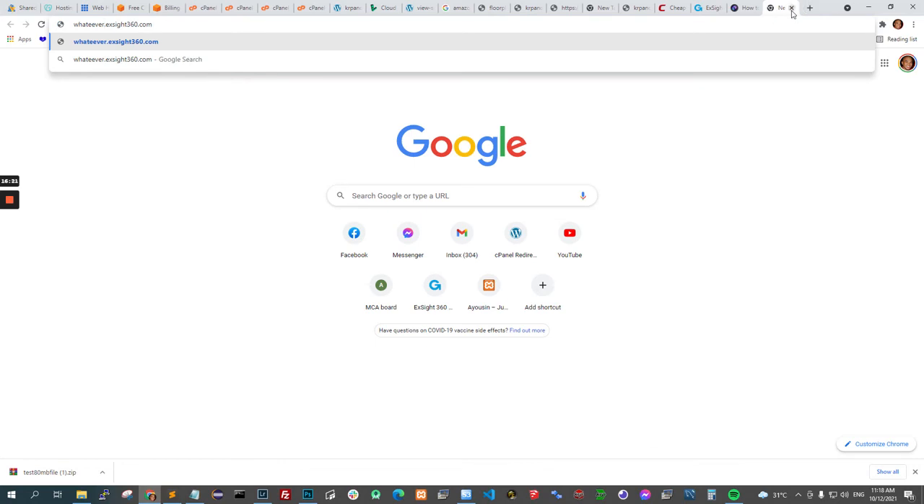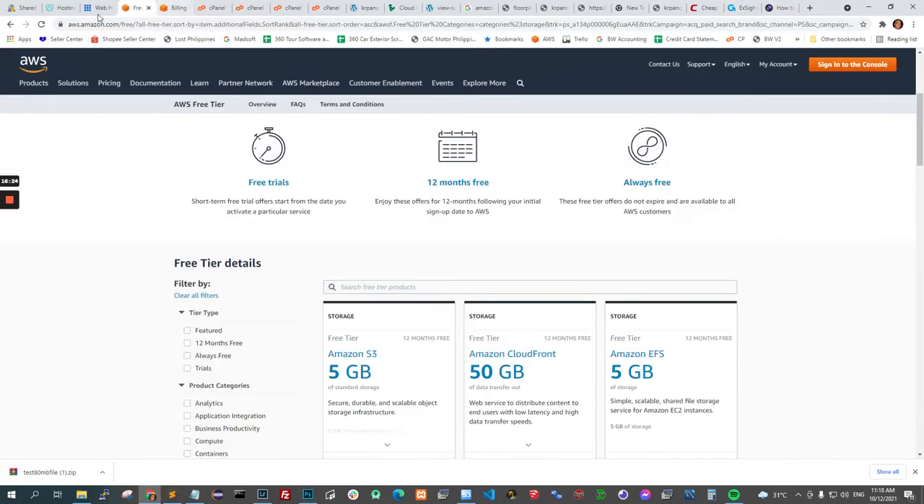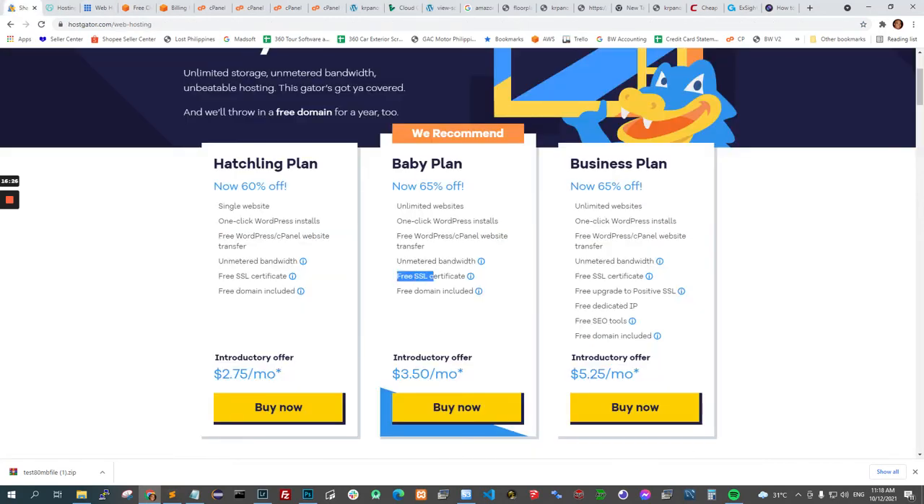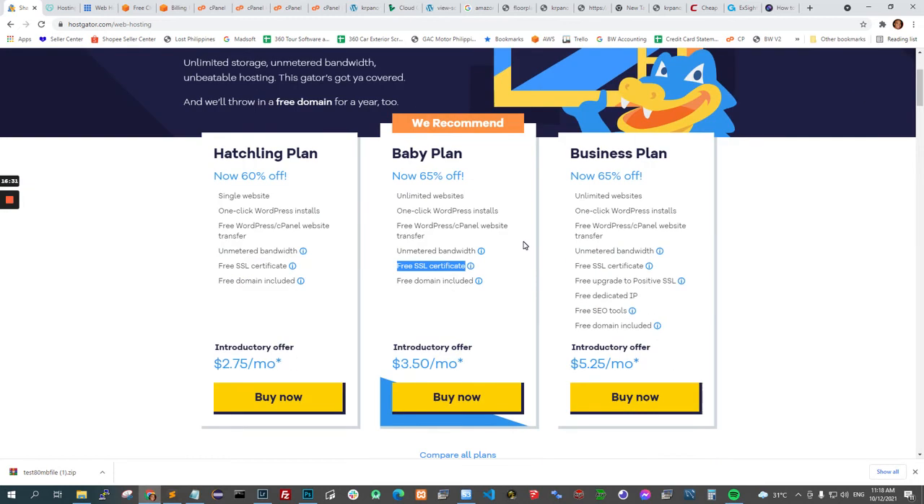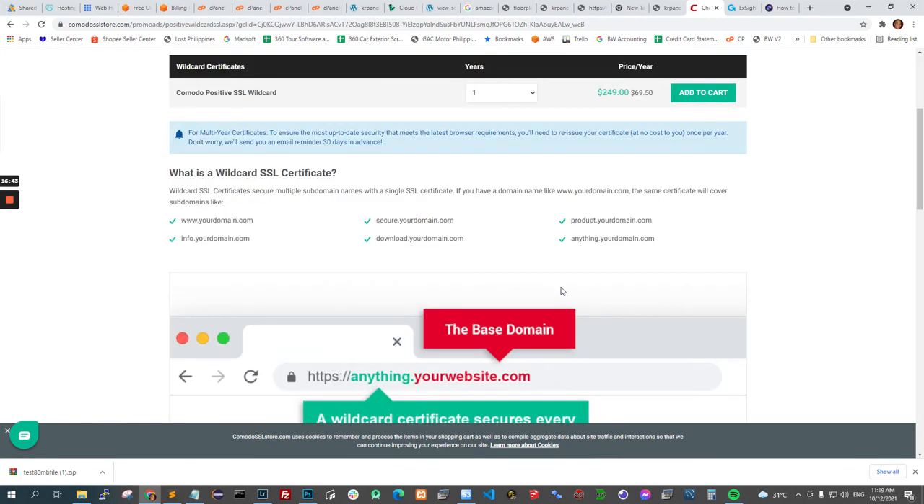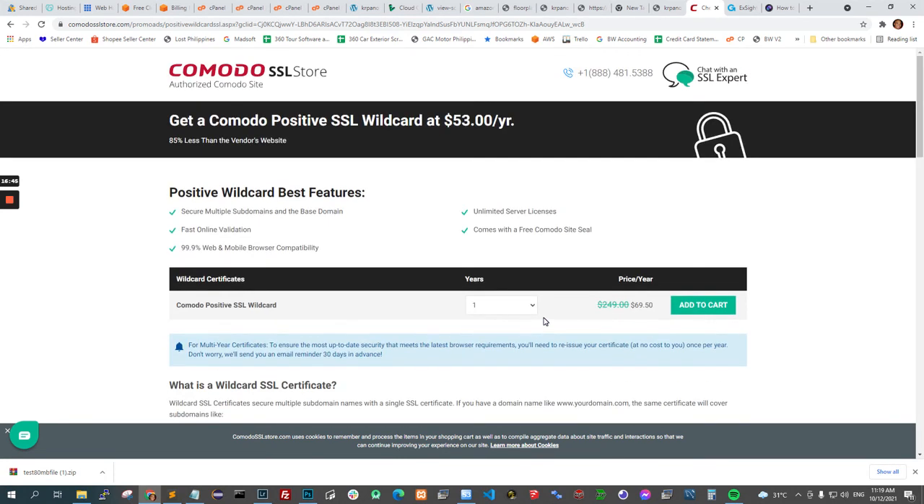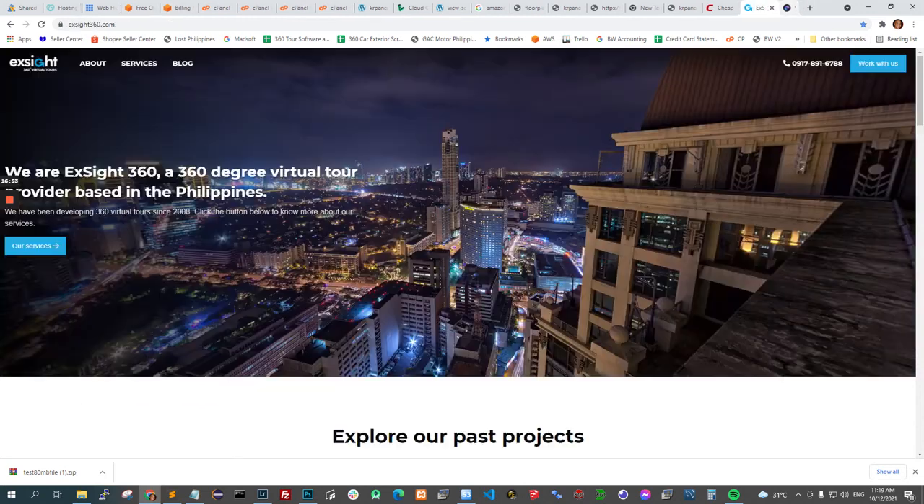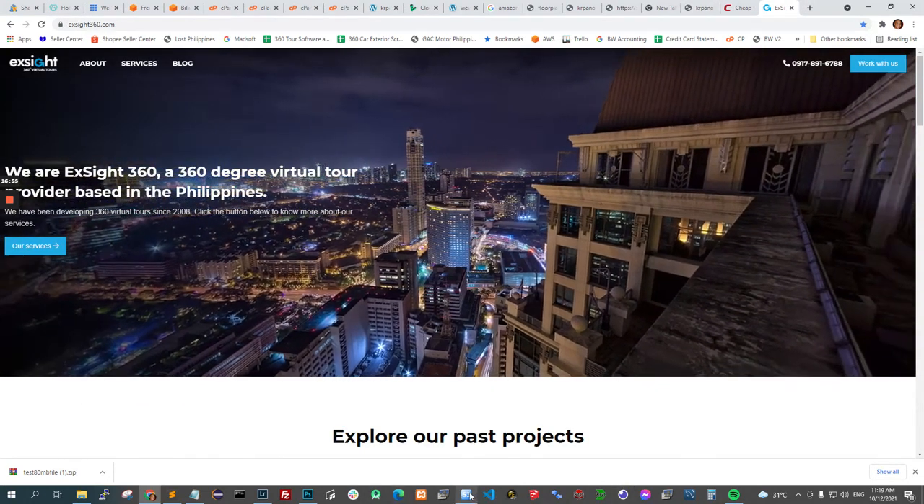You will have to buy this separately, because if you use the ones that came with HostGator, they're not wildcard. This is kind of expensive, I believe. Positive SSL is $69 for a year, so you have to factor this in. This is not a tutorial on how to set this up, but we'll try to create one for that. Anyway, I'm going to show you the difference between